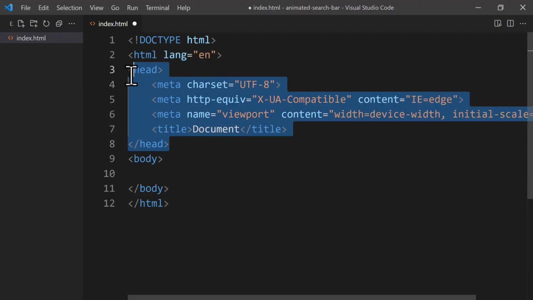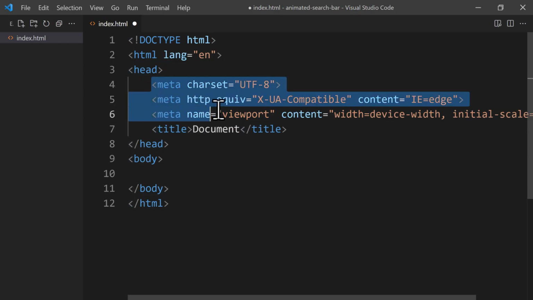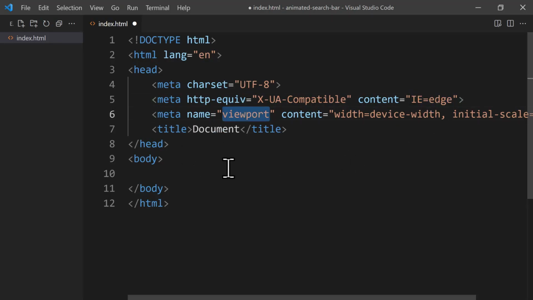Following that, we reach the head section, which includes the metadata tags and the title. Starting with the first meta tag, the charset attribute defines the character encoding for our HTML, and HTML5 recommends UTF-8 because it supports nearly all characters and symbols. Following that, we encounter the compatibility meta tag, which instructs Internet Explorer to use its latest rendering engine, which is Edge. The viewport meta tag guides the browser on resizing the page for different devices, and its first part matches